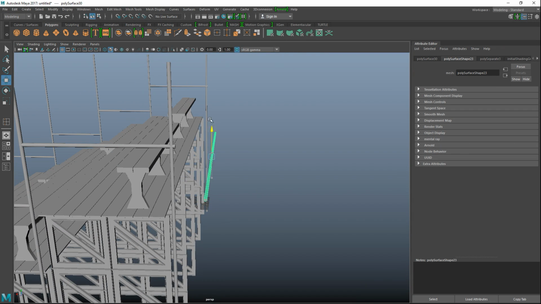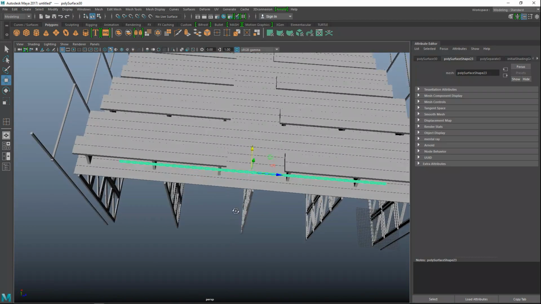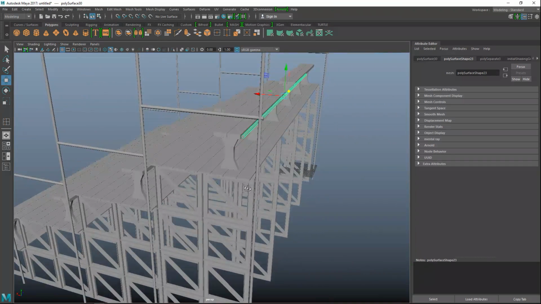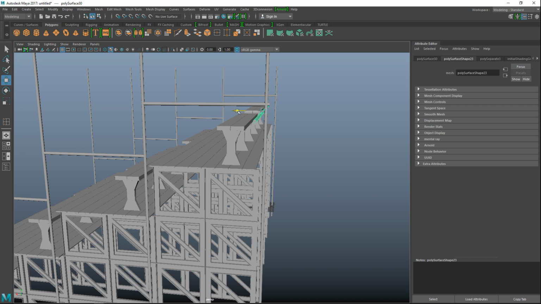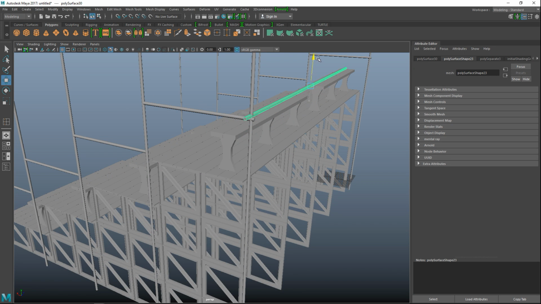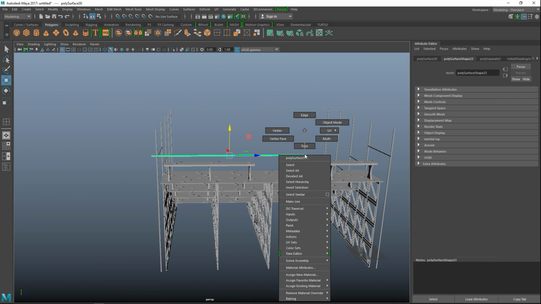Okay. And let's bring that in here. And we want that one to stick out as well, just slightly. So let's move that over like so. And we want that to cross into that pipe and move it up and just on top and make sure it's just sticking out a little bit.